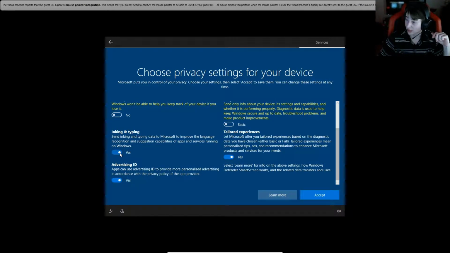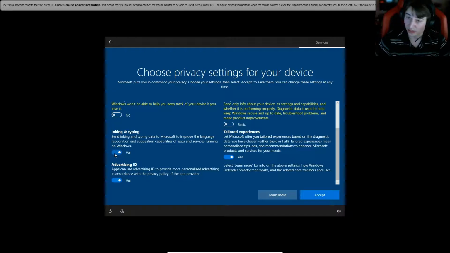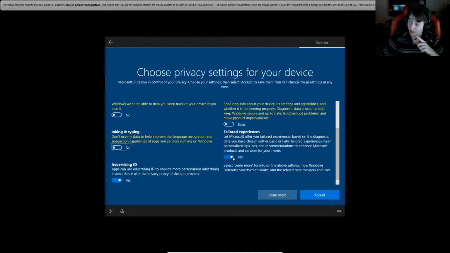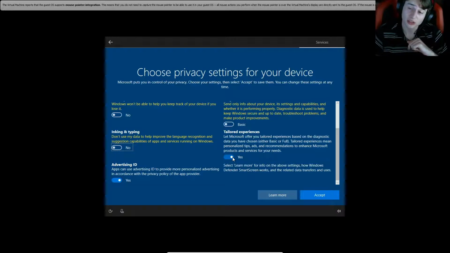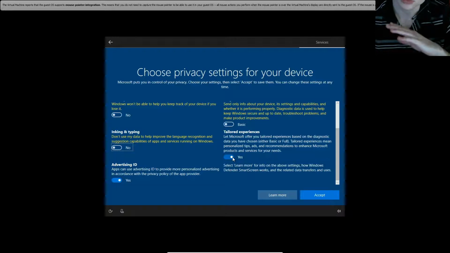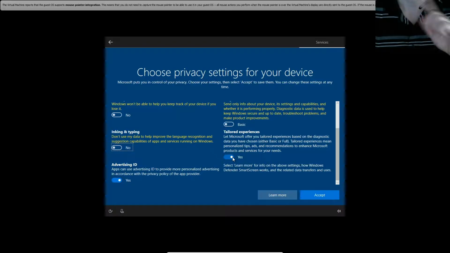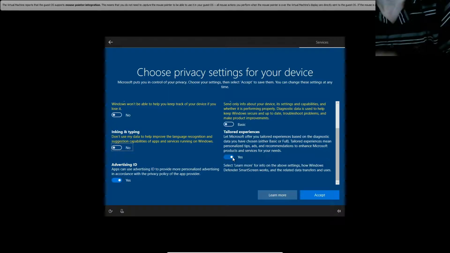Inking and typing. This is inking and typing data to improve language recognition. No reason to send that. Tailored experiences. I turn off tailored experiences not because it's a bad feature, but because it's obsessively obnoxious for me, because I search so much and I get tired of having